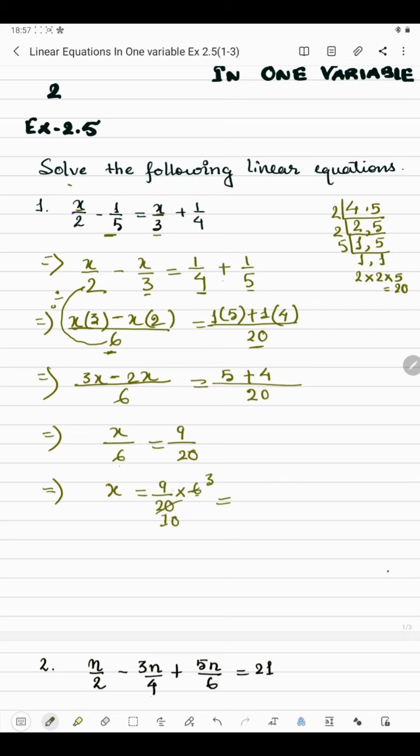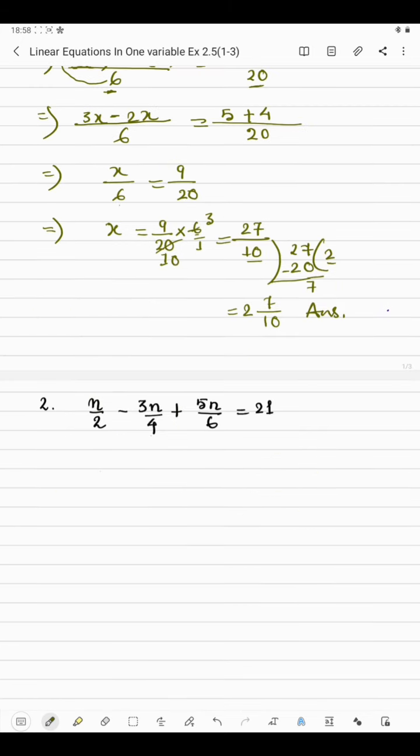Now we will just multiply the numerators, and here in the denominator no digit is given, so we will consider it as 1. Now just multiply the numerators, 9 3s are 27, and here 10 1s are 10. So you can keep the answer like this. Otherwise, since this is an improper fraction, we will convert it into a mixed fraction. So 10 2s are 20, 27 minus 20 is 7, so we will write the quotient at first, this one, then remainder up and divisor down. So the answer will be 2 7 by 10. Now coming to question number 2.